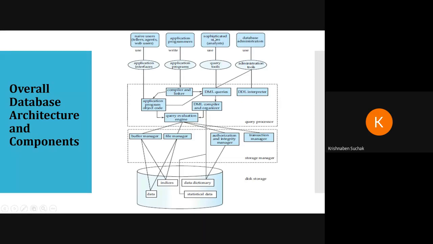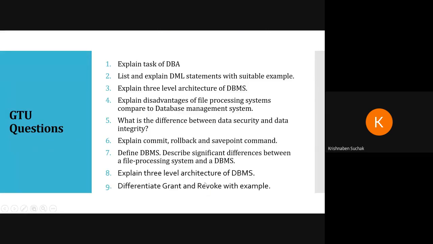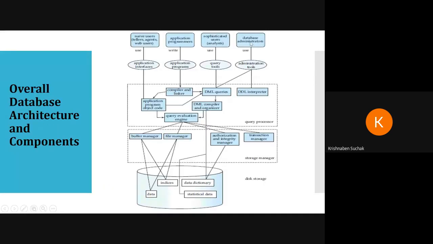Next is the sophisticated user, meaning the analyst. What will he do with the help of query tools? He will write the queries and get the data. Next is the database administrator. With the help of administration tools, he will go to the database and interpret the data.